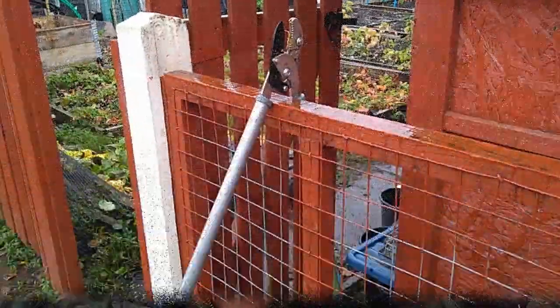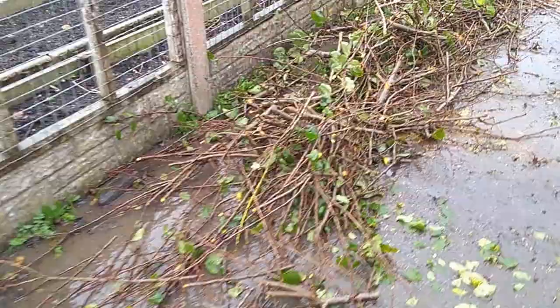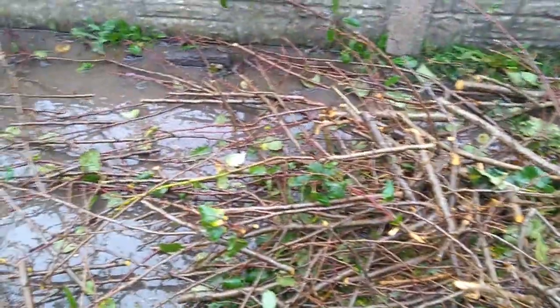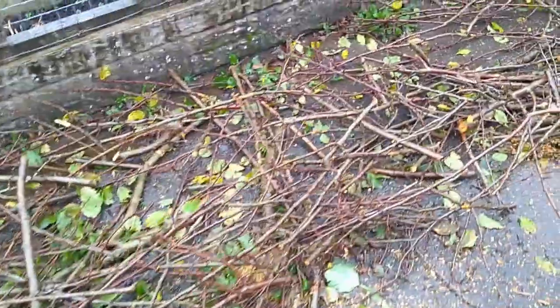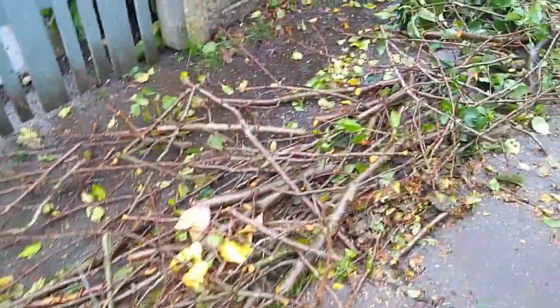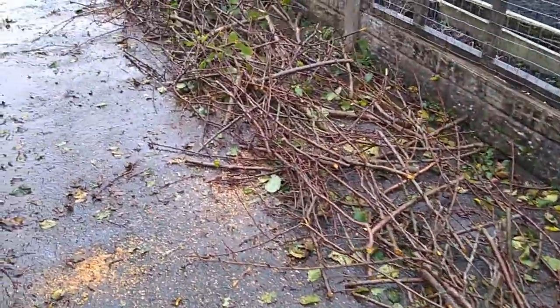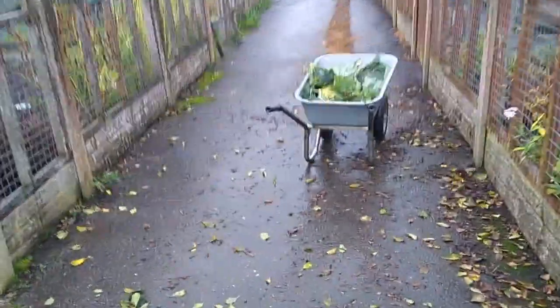All I've done now is, using the long handle loppers, I've chopped it down into more manageable chunks. As I say, all the big wood is going to be Yule logs for the Christmas fire. We'll keep that fire going in Mick's shed all over winter, I would guess. With that, there's about 40 odd logs, so that should suffice. So all I'm going to do now is, with the barrow, I've got a lot of shifting to do,